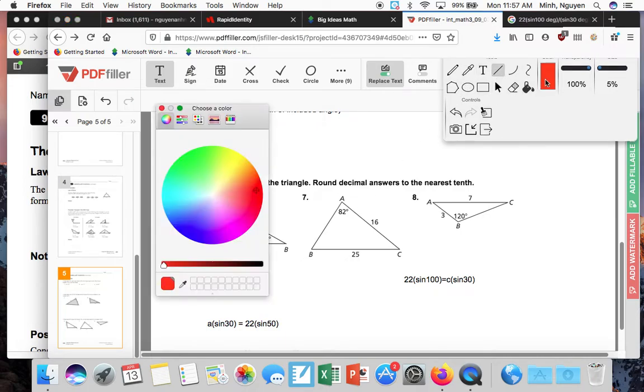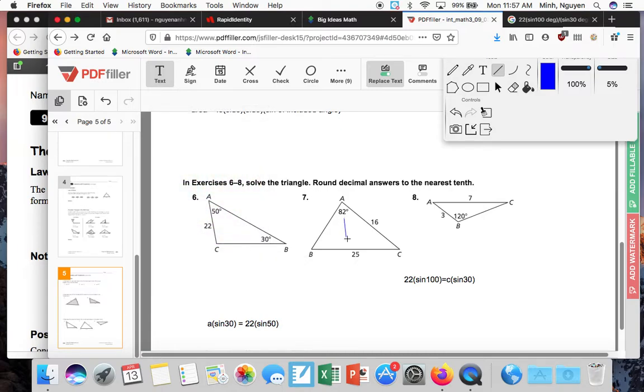And I'm going to draw the relationships just so it's kind of obvious. So these two are related, these two are, and then these two are, because they're just across from each other. Right here, angle A, so this would be side A. Angle C, so this would be side C. And angle B, so this would be side B, right across from it. So I'll set up